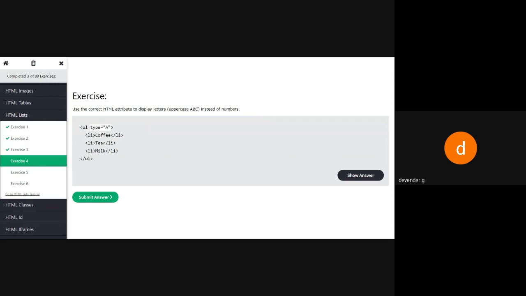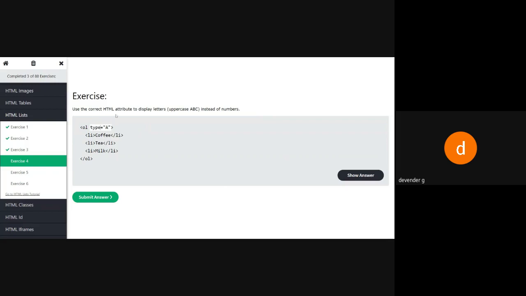If I give that, then automatically the ordered list will come with alphabets ABC, or small abc, or Roman numerals, or numbers. So based upon that, we need an attribute called type. So we will be using type is equal to capital A.